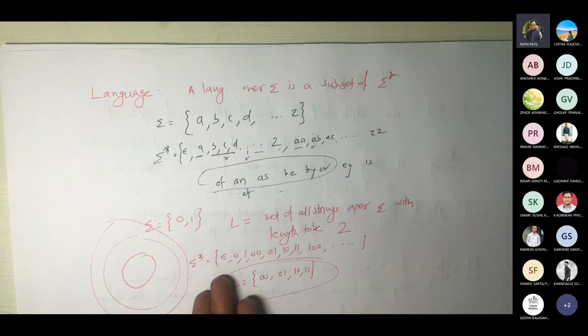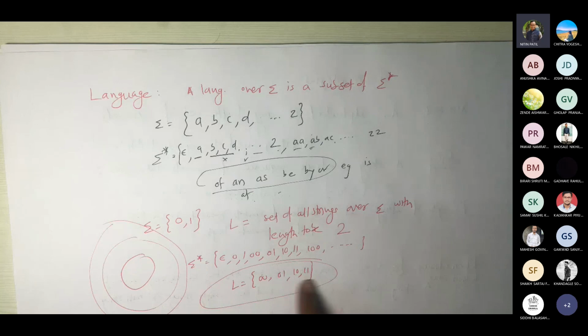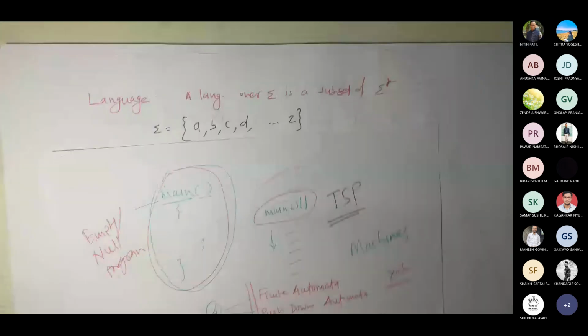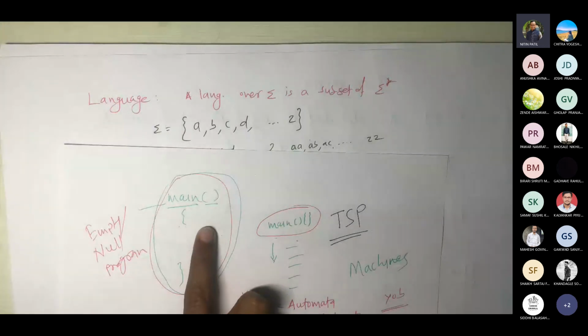So the basic part of every language is this: how you come up with your language. What would be your valid words? What would be your invalid words? Every language has its own keywords, reserved words. For example, in C, I can write main. I cannot write int main here as a variable because it is not permitted that way directly.